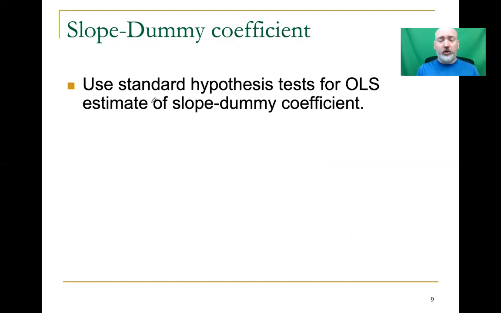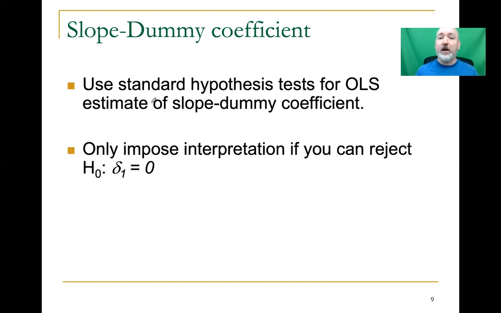So again, the good news, just like the intercept dummy effect, we don't need to do anything fancy here. We estimate it just as if it's any other additional regressor, estimate it via OLS. We apply our standard hypothesis testing. We look at the t-statistic, right, before we decide if it belongs in the regression or not. We only impose the interpretation if you can reject the null of 0, right? Meaning we only actually think that there's an augmentation steeper or flatter for one group or the other if it's